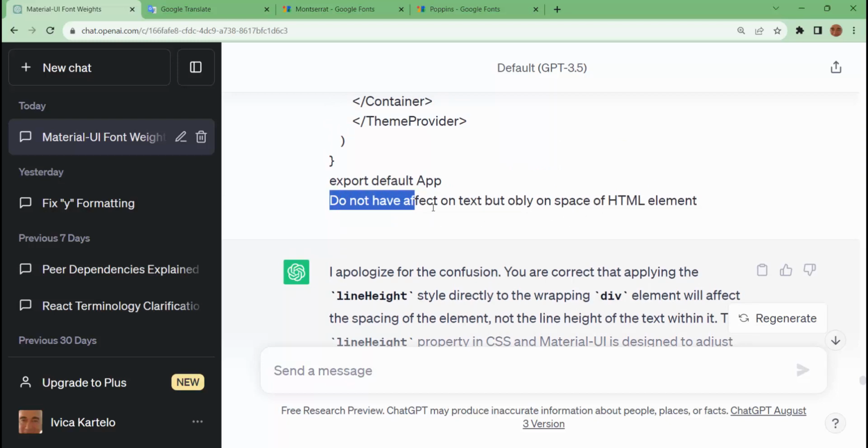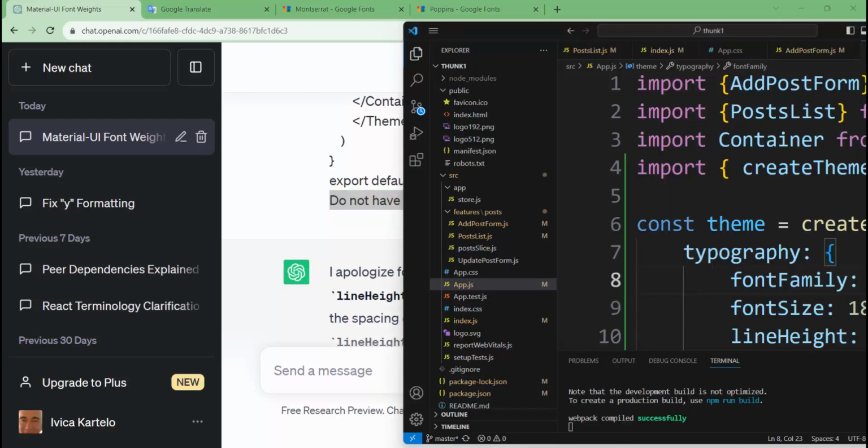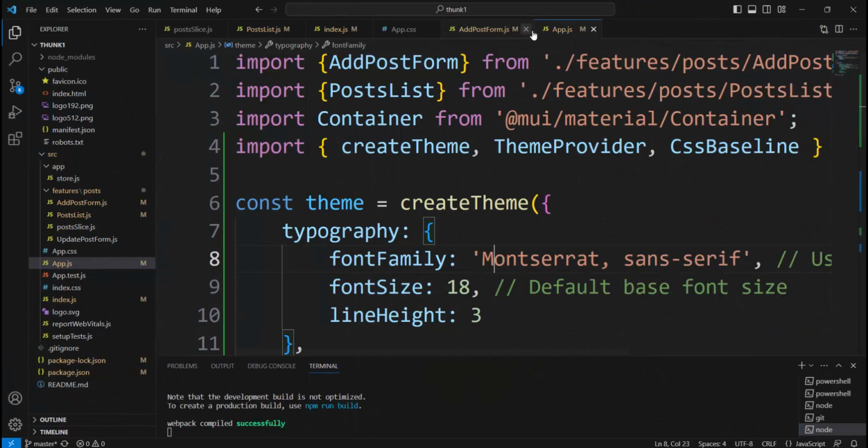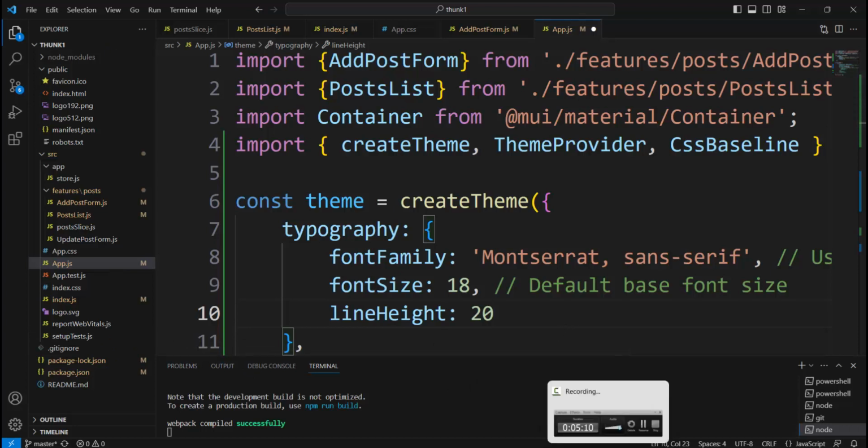It doesn't have an effect on the text, but only on the space of the HTML element. It is about this, line height. Here it is. For example, you have 20. It is in the APP component, and when I see now,